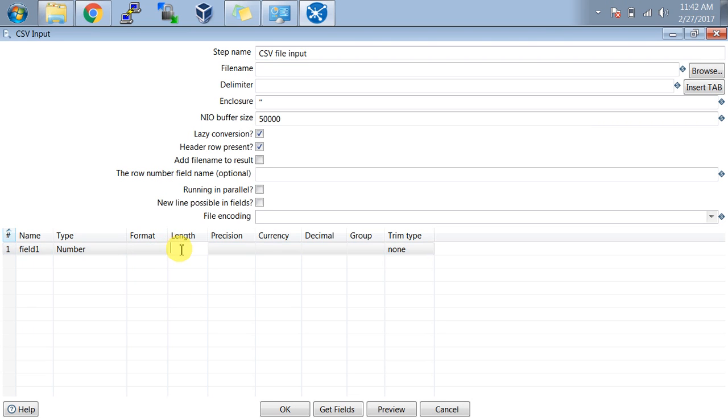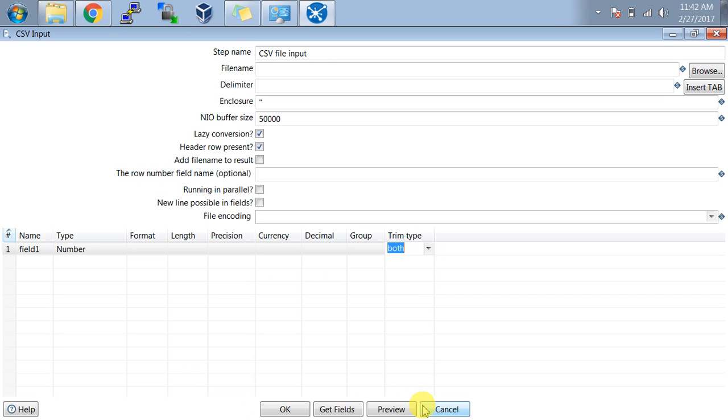Then you can define the length of that number, and the precision if there is any precision in your input. You can also define currency: if one of your fields contains currency, you can define which currency it is, like dollar. And then trim. If you want to trim from both sides, you can select both, or as per your requirement.